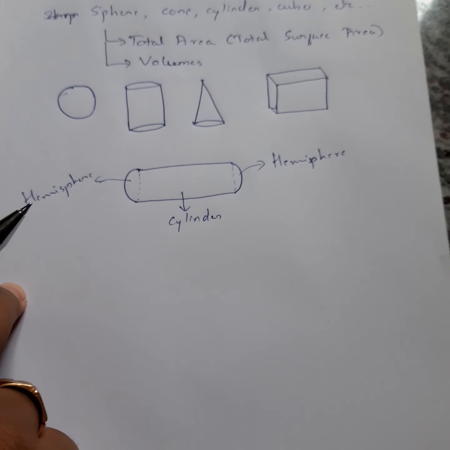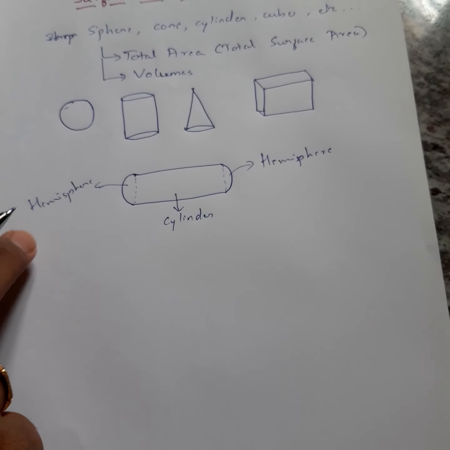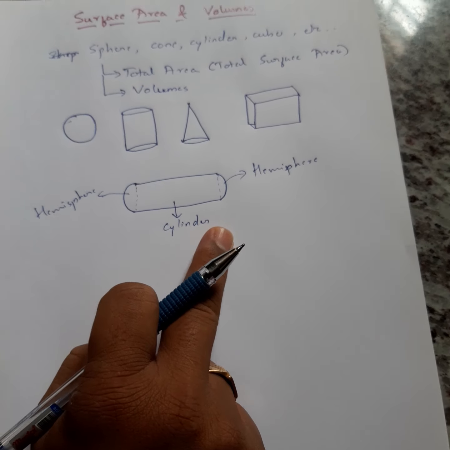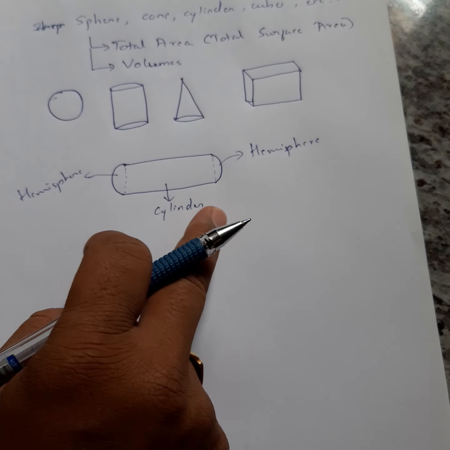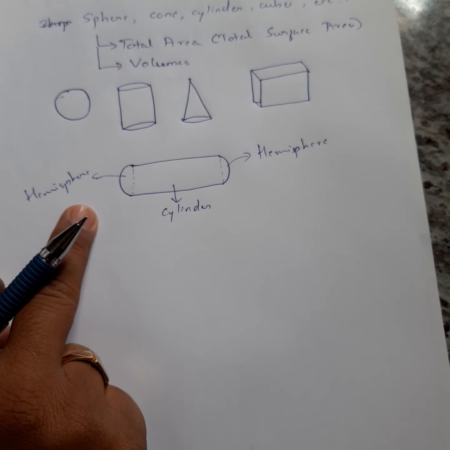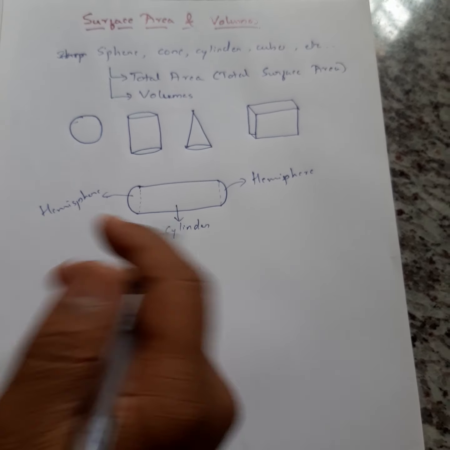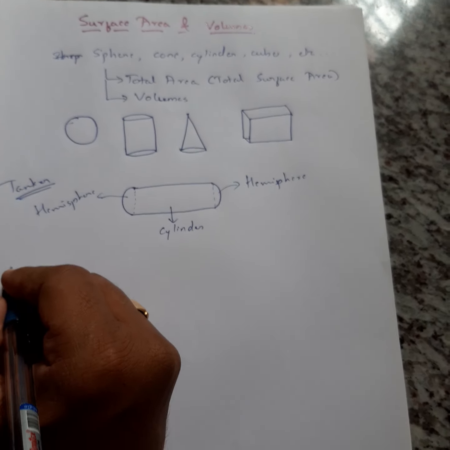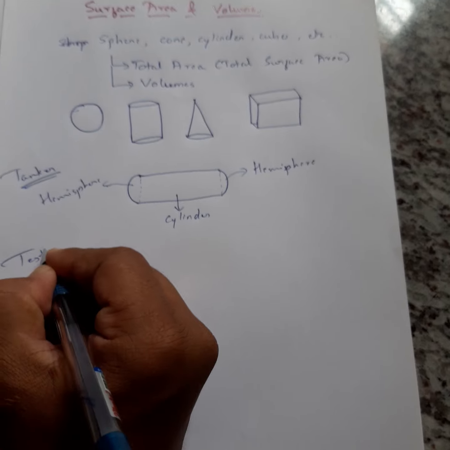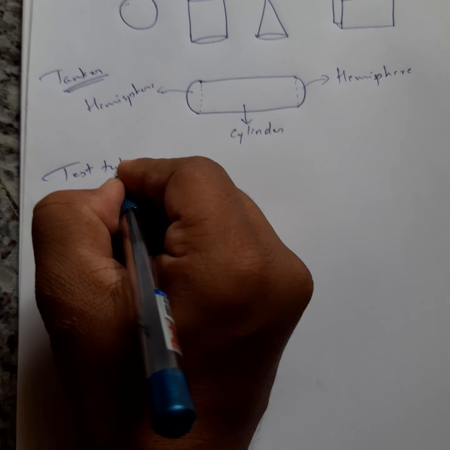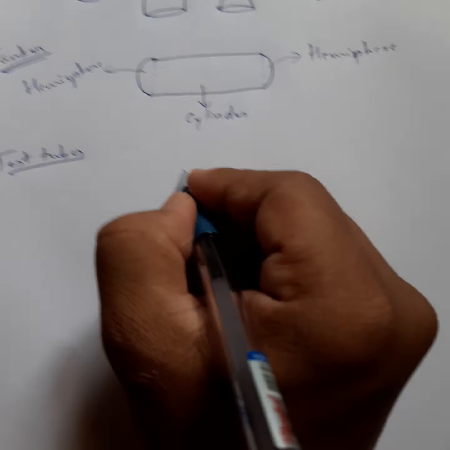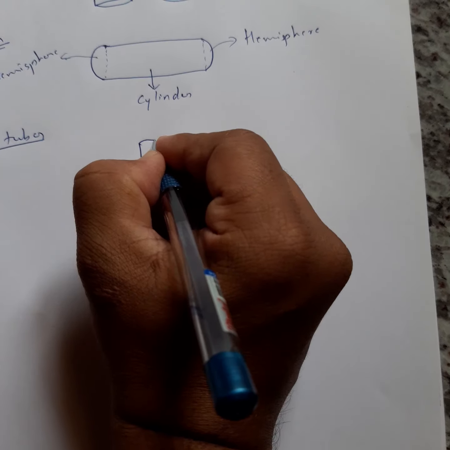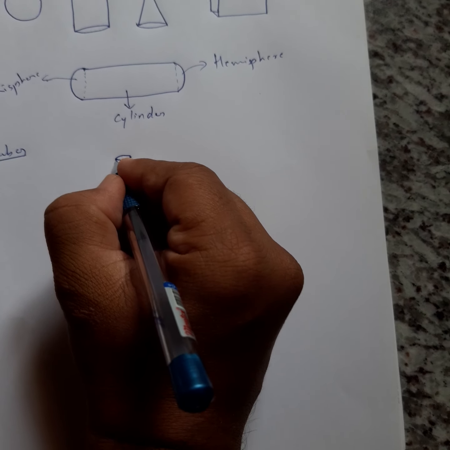So in this chapter, we are going to study the surface area of these kinds of structures, wherein there is more than one solid in their structure. So this example is a tanker, and another example is a test tube. You have already seen this in your labs. So test tubes are like this. If you see the test tubes,